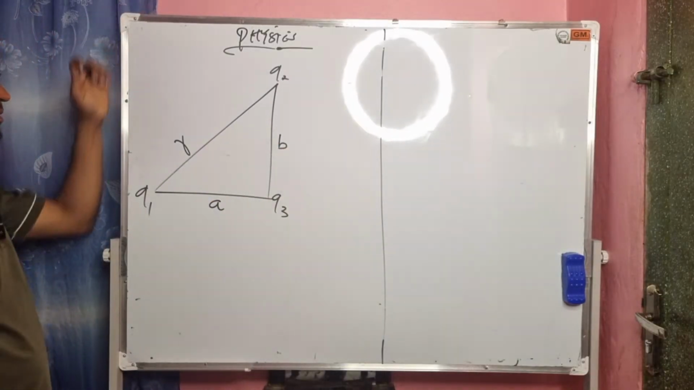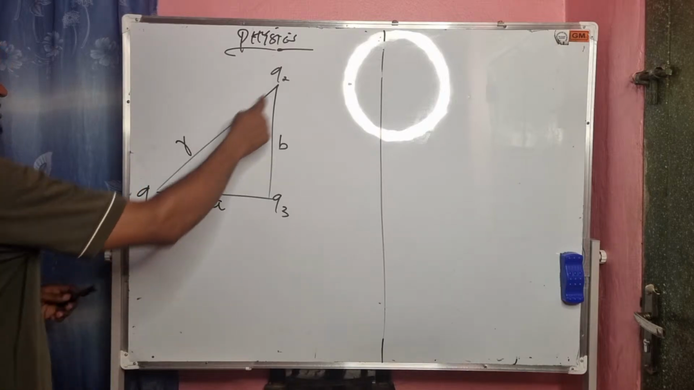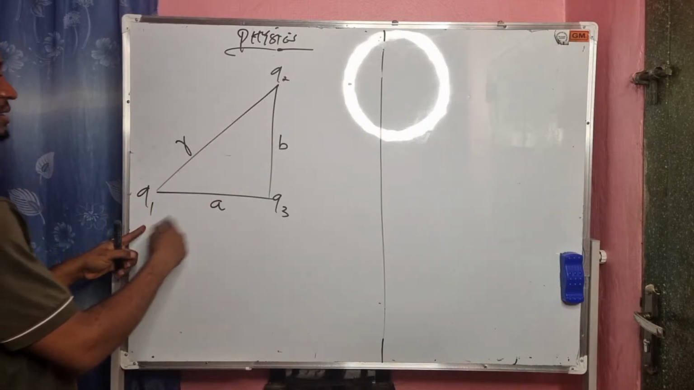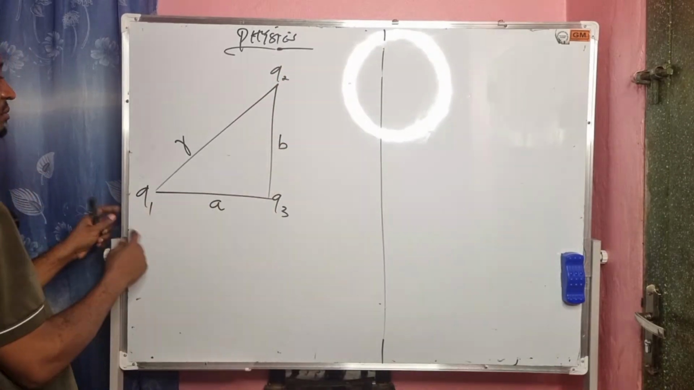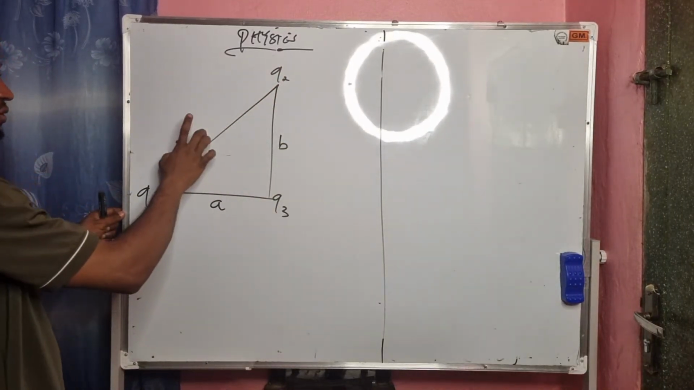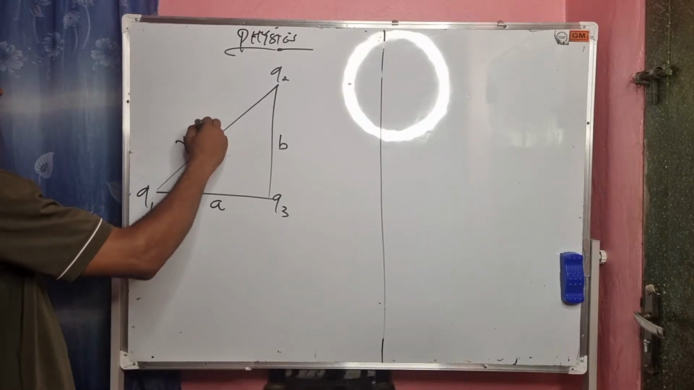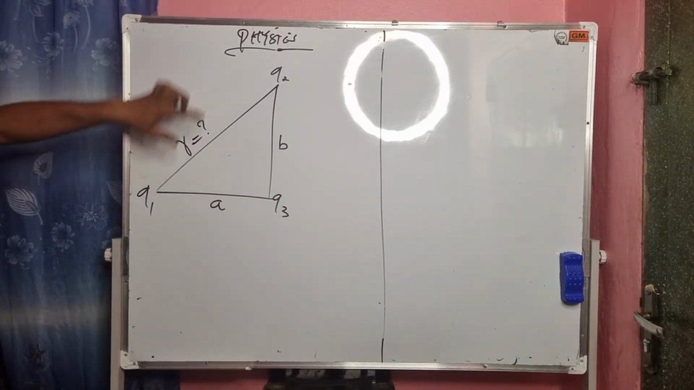Like I said, the first thing we need to do is to find a distance. Distance between charge 1 and charge 3 is A. Charge 2 and charge 3 is what? Is B. But charge 1 and charge 2 is unknown. We don't know it, right? It's unknown. So let's find the distance between charge 1 and charge 2 using